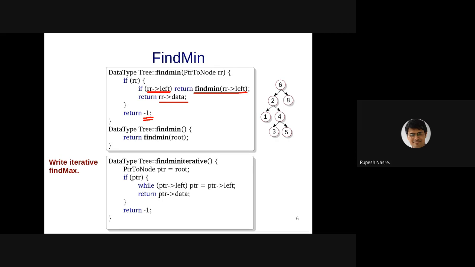Let's check that. The problem, yeah, so I think I have written find min iterative rather than find max iterative. Right, sorry about that, but I think we can fix it. So find max iterative: if PTR arrow right, then PTR equal to PTR arrow right, and return PTR arrow data. I think this can be modified to find max iterative. All right, so that sounds good, and it seems to be in line with what you all have been saying, and therefore we can assume that either all of us are right or all of us are wrong.